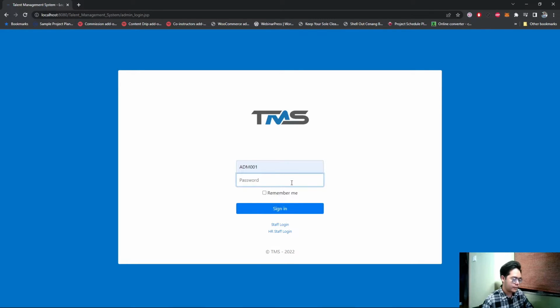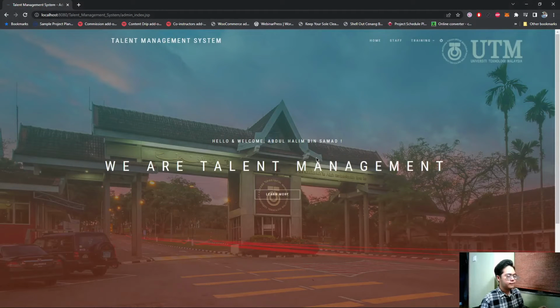Okay, after that, if the admin successfully logs in, they will be rerouted to the admin dashboard. This is the admin dashboard. So it has